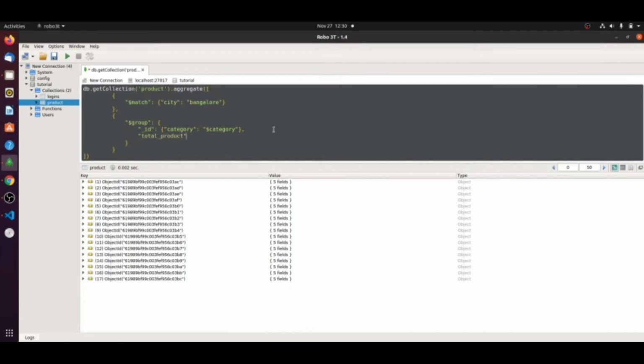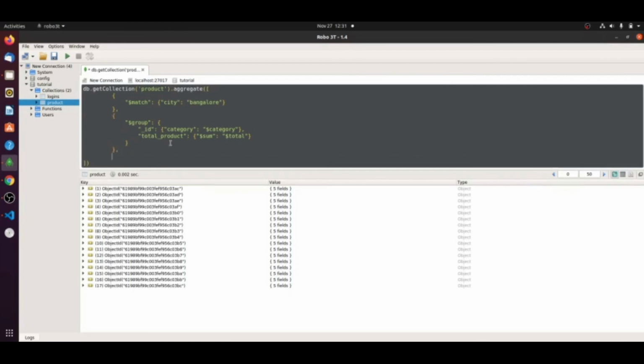Same example, but with all the stages. Previously I showed you different stages individually. This time I am implementing all three. Sum is the pipeline operator. So our second stage is completed.